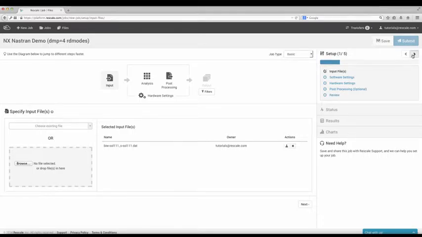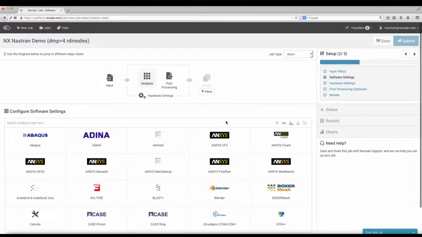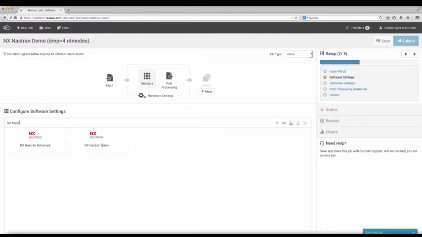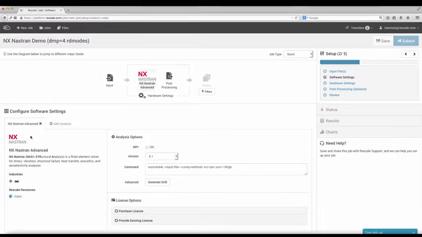Moving on, the next step is to select your simulation software. You can search directly for NX Nastran. We'll select the NX Nastran Advanced Solver. Now you can choose to enable MPI, select your software version, as well as specify the command line to execute the job. Rescale prompts users for what information to enter in here, and each command line prompt is software specific. If you have any questions about what to enter in here, you can email Rescale support at